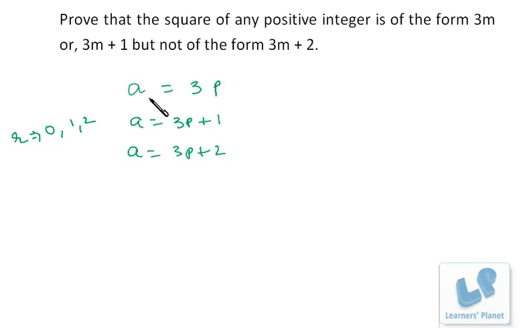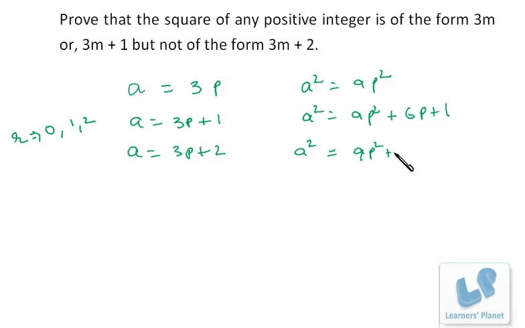Now we square a. So what will a square be? It's 9p square, or a square is equal to the whole square of this, that is 9p square plus 6p plus 1, and in this case a square is equal to 9p square plus 12p